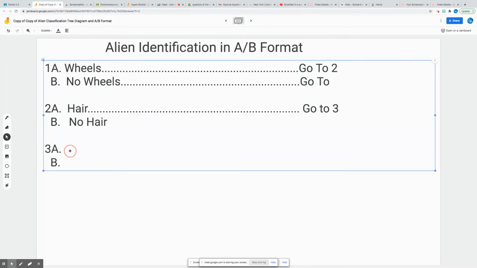We know these are wings. This is no wings. If I looked at wings and there were two sets of characteristics, I know I would need another line, but there wasn't. There was simply the name of an organism. And the same thing for